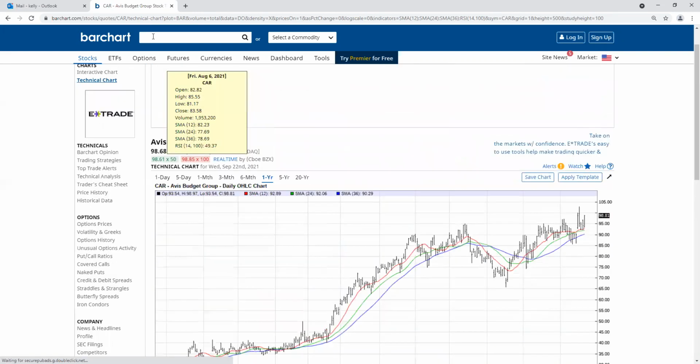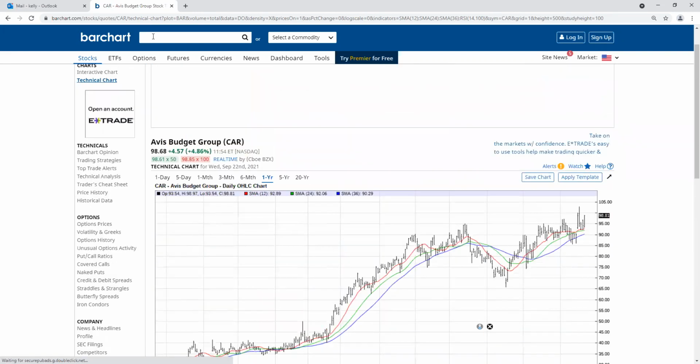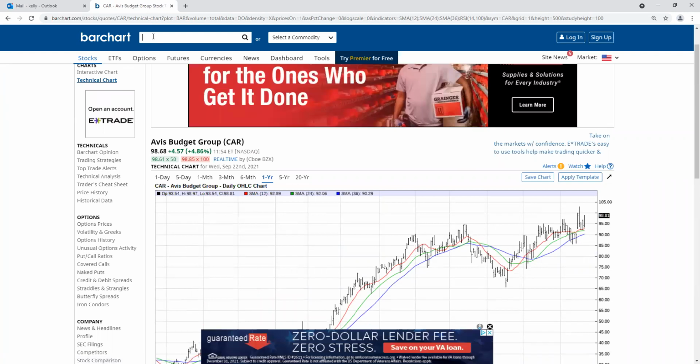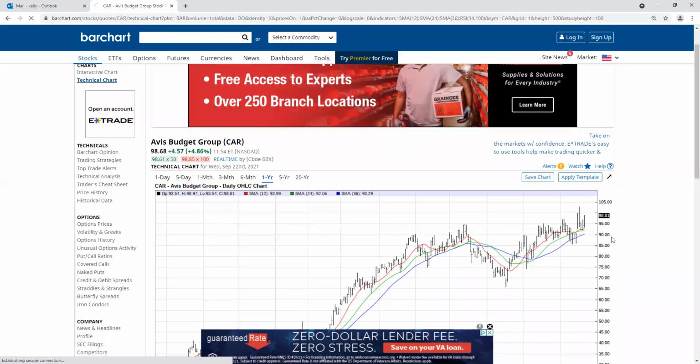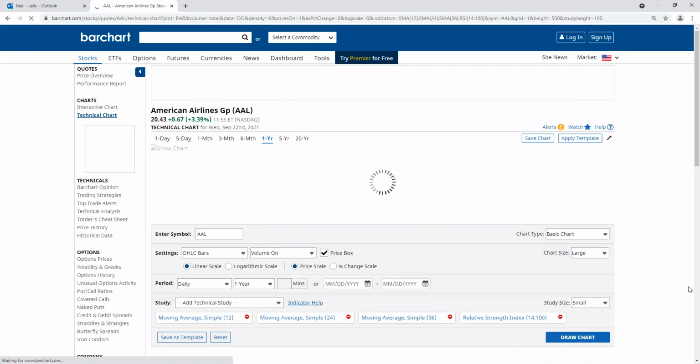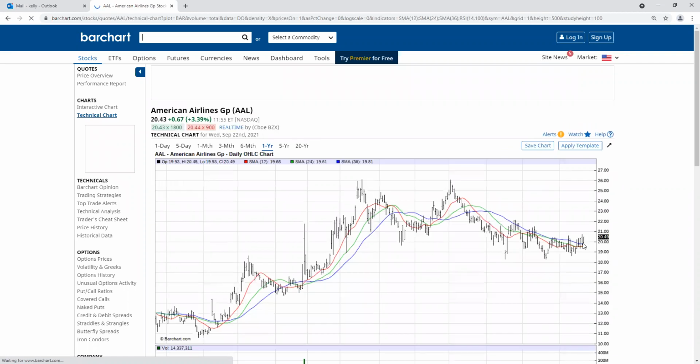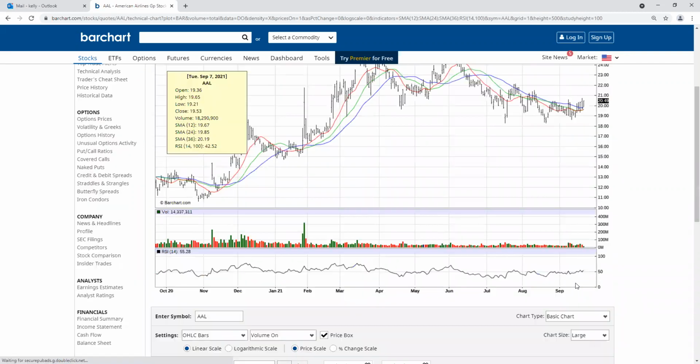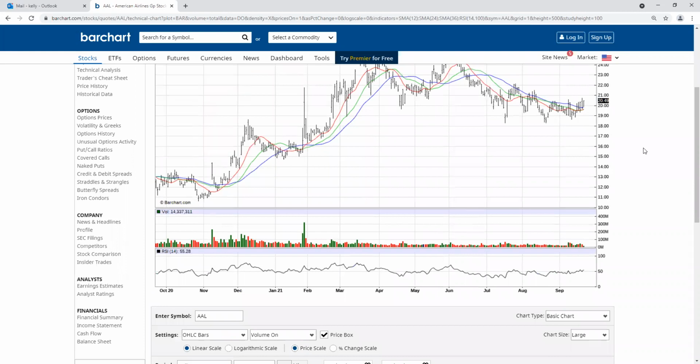And after you get there and you've got your rent-a-car, your hotel, your plan, what's next? Oh, you've got to get there, huh? Let's look at some airlines. I think this looks pretty darn good, which is American Airlines. If it gets above 21, it's going to look really good, and your RSI is starting to point up. So there's your airline there.